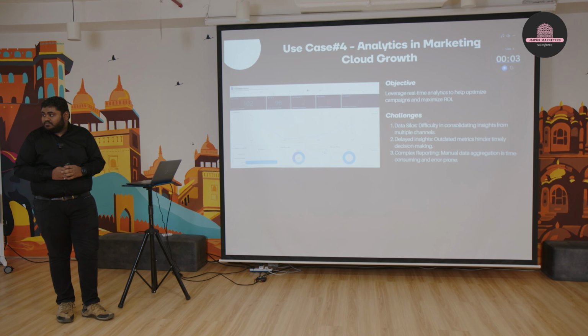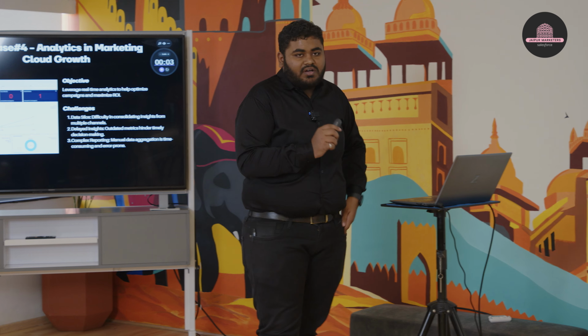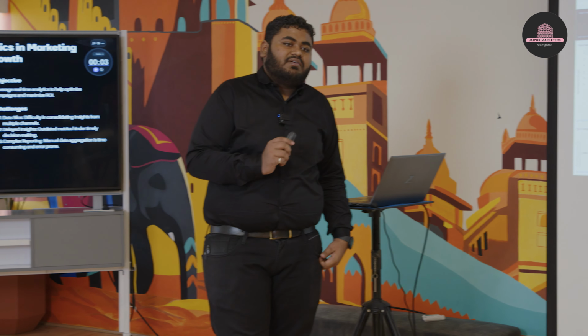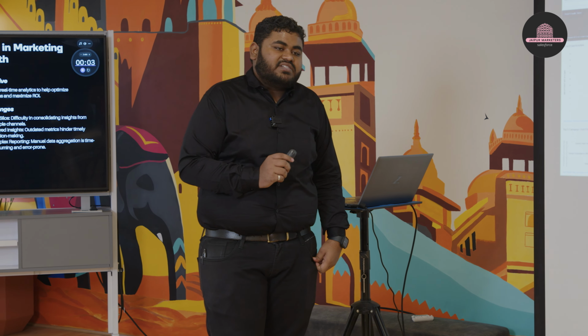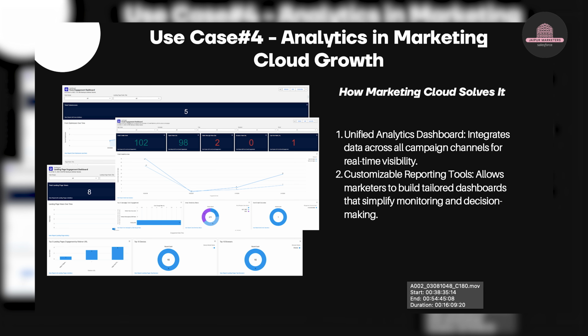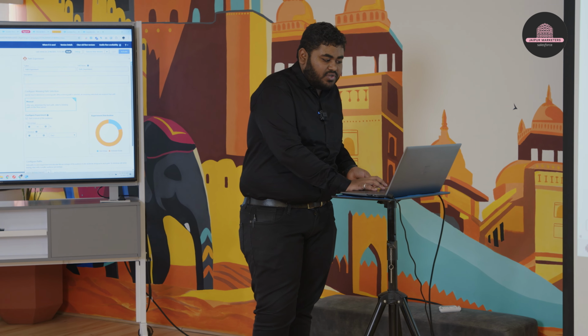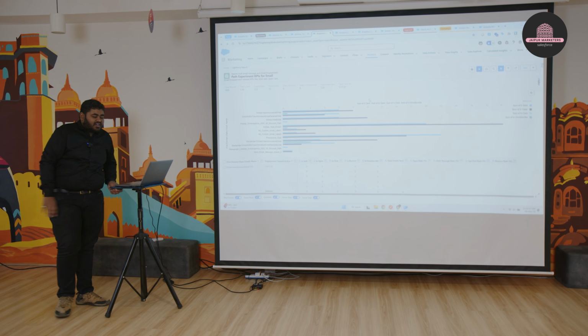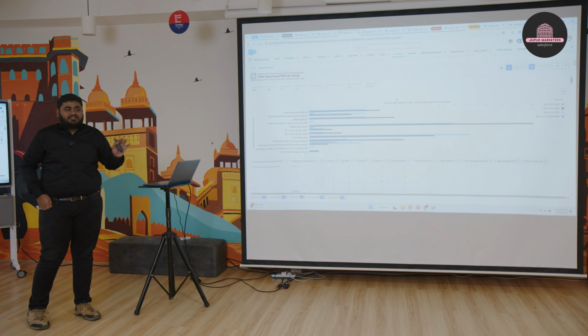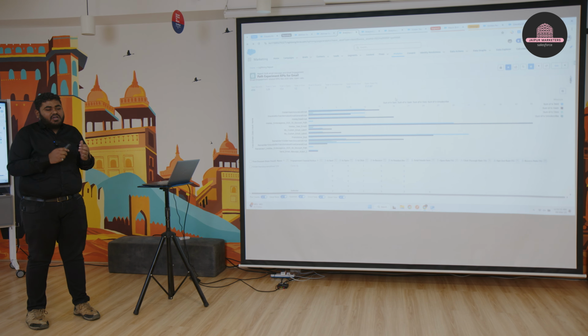ROI KPIs. So we can use the core analytics. For Marketing Growth Advanced Edition, we can use the analytics tab to get all the KPIs. So in this Marketing Cloud Growth, we have some reports which we can use to get the maximum of engagement reports, how many got